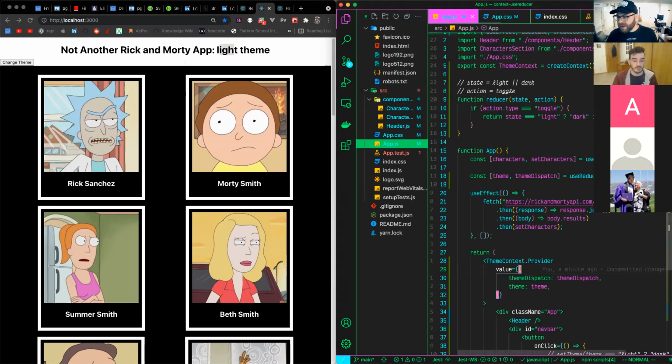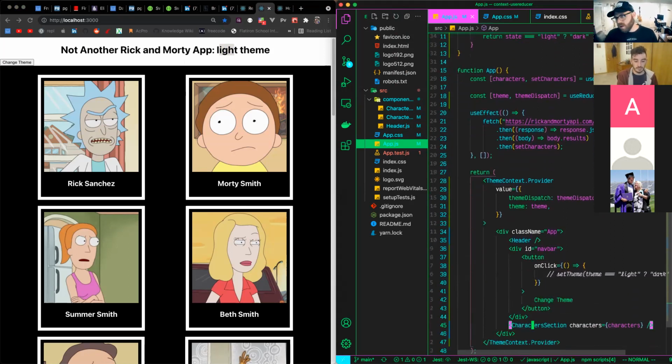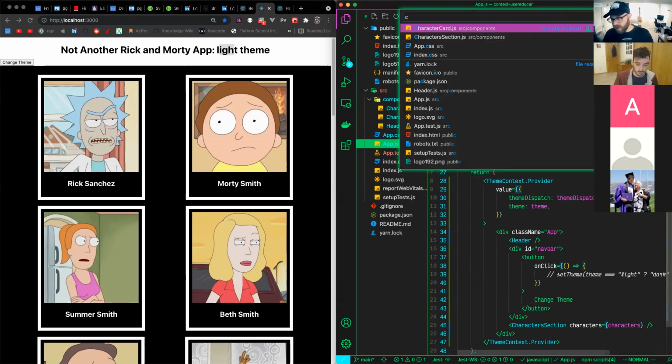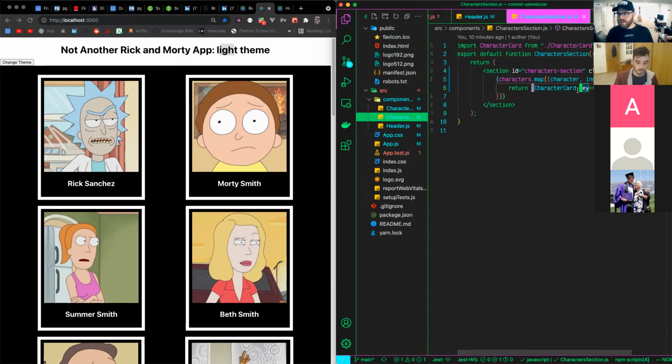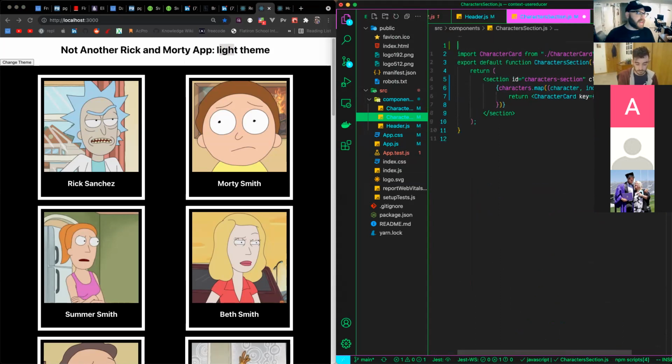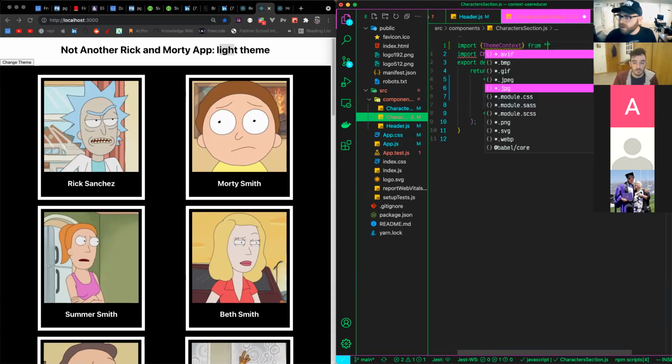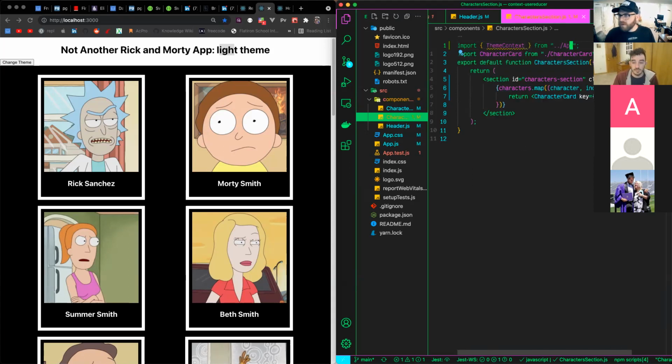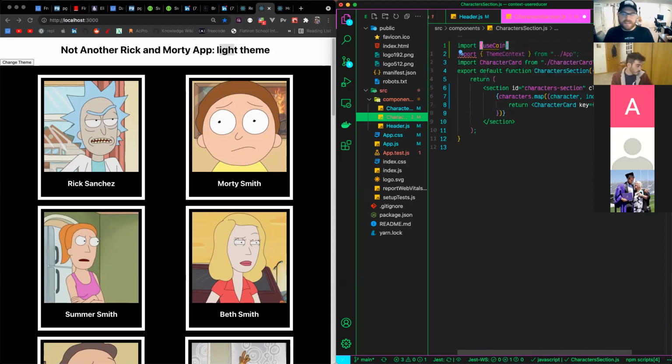Now what I can do in my change theme is, I already have access to the reducer from the app. So maybe what we'll do is, this is obviously a dumb idea as far as how it looks, but just to illustrate the point, I'm going to import that theme context in my character section. Theme context from app. Bam. So I have my theme context,